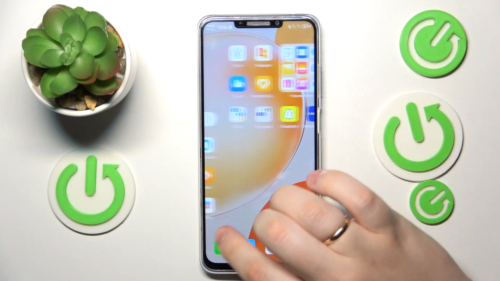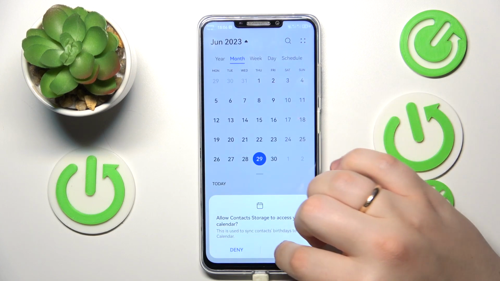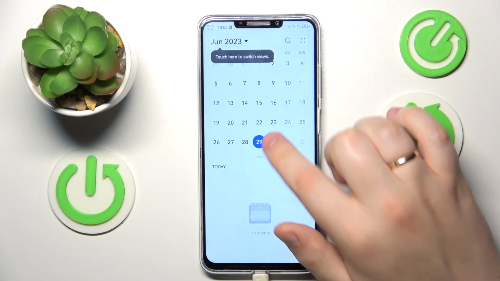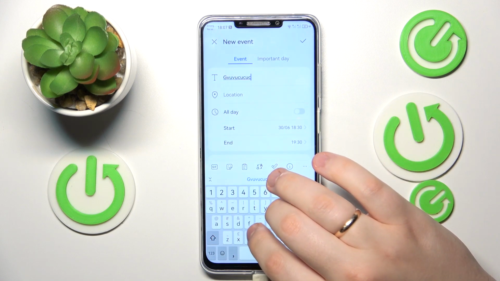So first you will need to find and launch the calendar app. So here it is. Then select the date for your event to happen. Tap at this plus icon at the bottom. Then add all the details